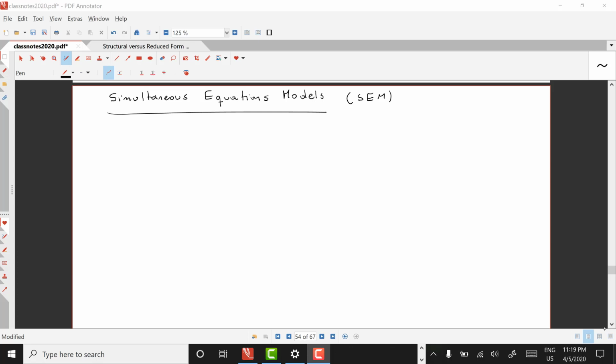So today we're going to be talking about simultaneous equation models, and we will define and describe what simultaneous equation models are. We will provide an example. Then we'll talk about the structural and reduced form models related to simultaneous equation models, which are different ways in which we can write them. And then, once we understand the structural and reduced form models, we will talk about what's called the problem of